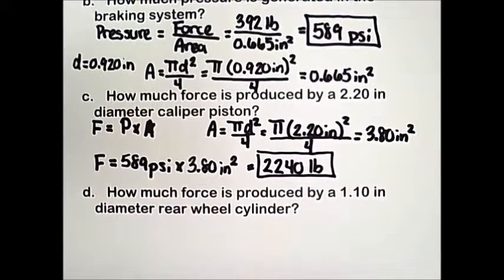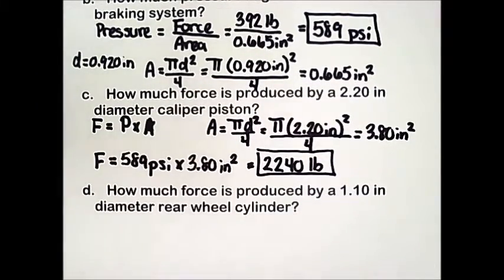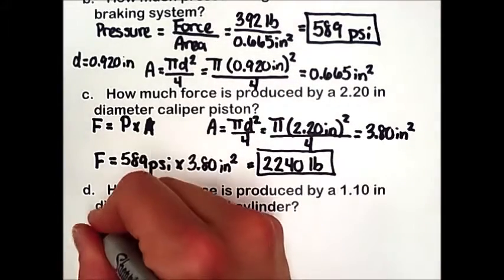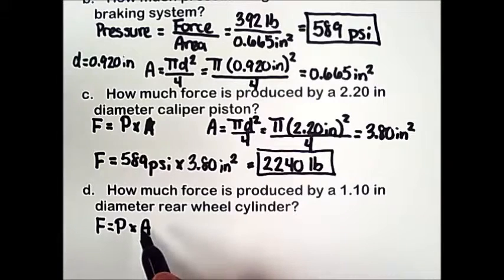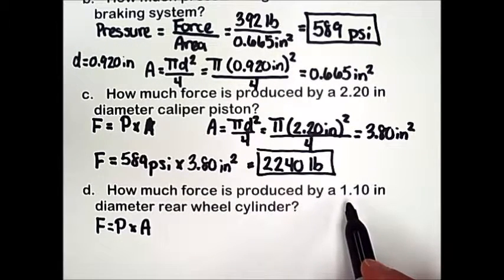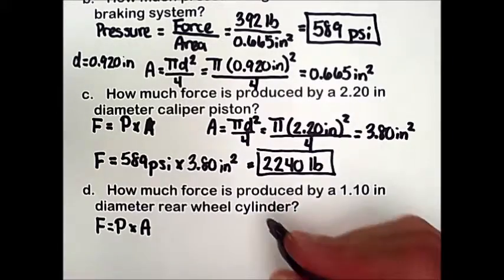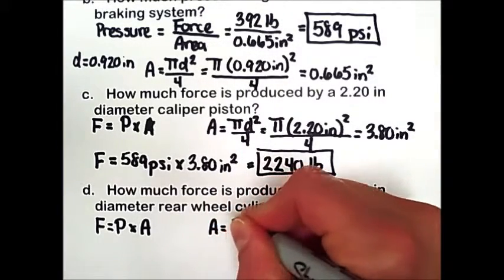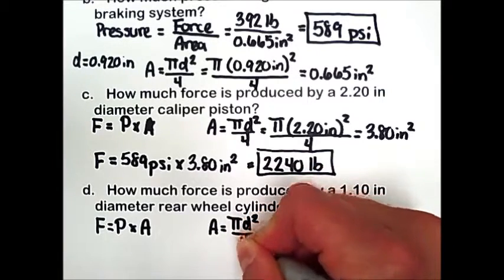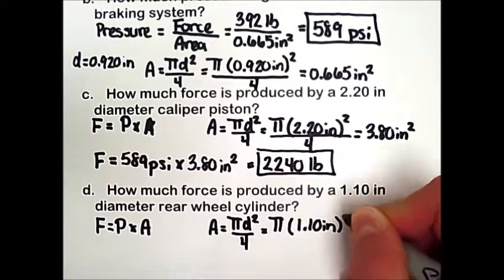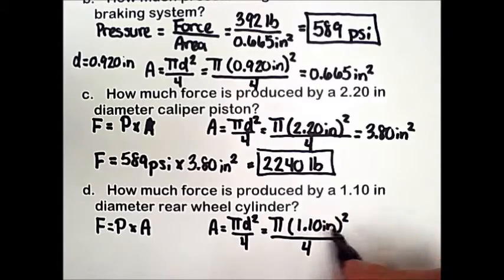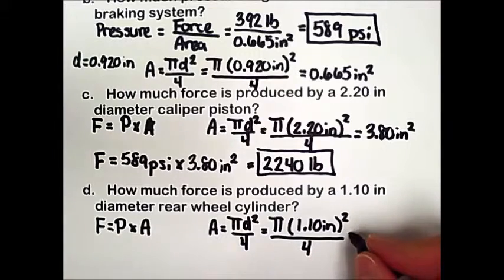Part D then asks us how much force is produced by a 1.10 inch diameter rear wheel cylinder. So again, force is equal to pressure multiplied by the area. And again, we have to calculate the area because now we're looking at a 1.10 inch diameter cylinder. So again, our area calculation off to the side, pi times diameter squared divided by 4. And this time our diameter is 1.10 inches. So when we take 1.10, square that, multiplied by pi, divided by 4, we end up with an area of about